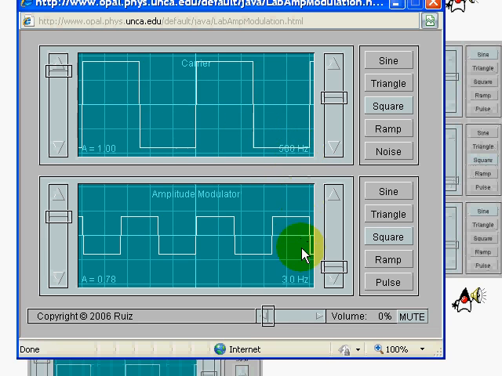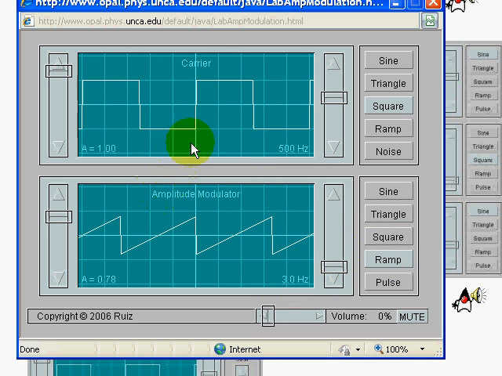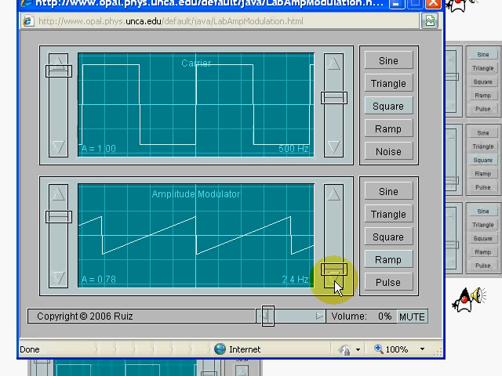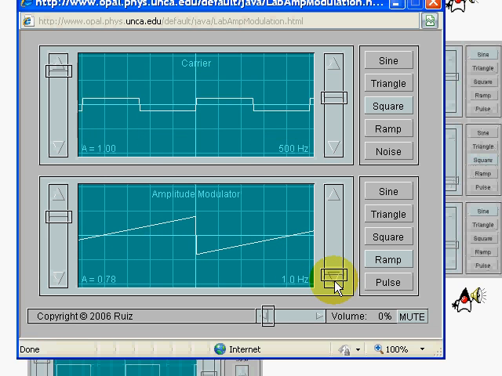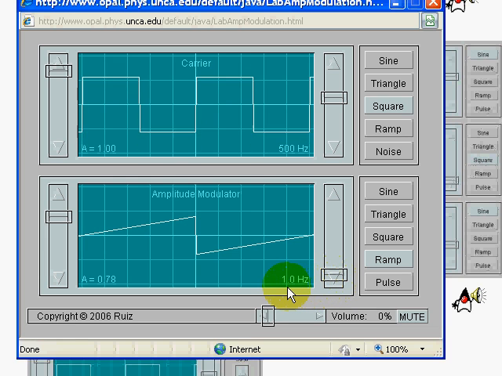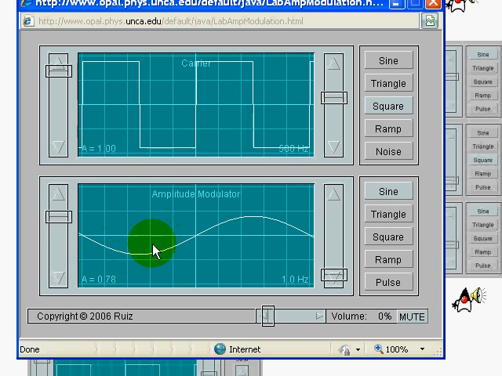Here's your carrier, and this says, actually this is 3 hertz. This is going 3 times a second. Here's the ramp one. The ramp one builds up the amplitude, and then it drops down and builds up again, and you can change this frequency so you can slow it down. In other words, here we're doing 1 per second, 1 hertz, and you can see it builds up gradually and then starts over again, louder and louder, then drops the volume down. Here this is gradual, louder, softer,